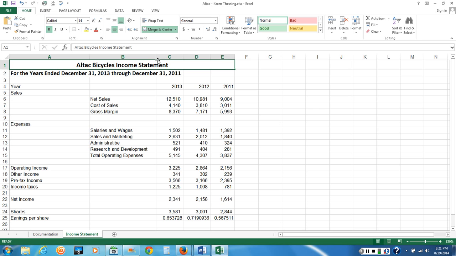Earlier we changed the size of the columns. We had to do 180 pixels, and for columns A and B 215. You can do the same for the row. We want the row to be wider. Okay, so if we want row 1 to be 51 pixels, what you want to do is point to the